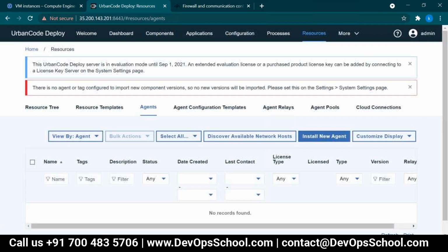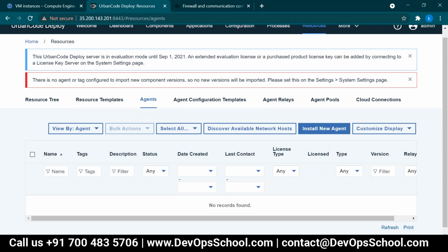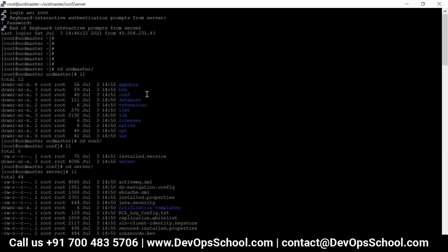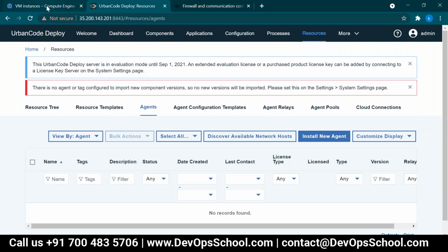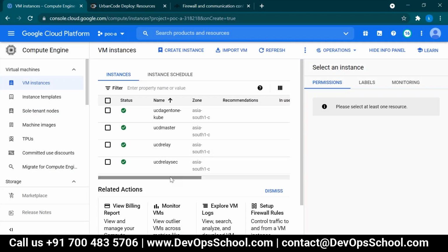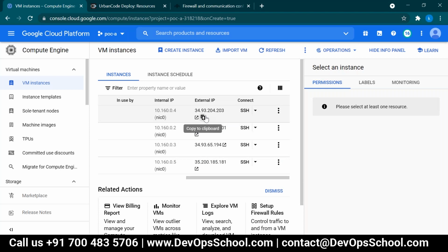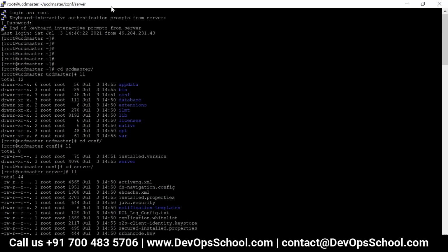Okay, now the agent. Where is the agent server? Agent server, agent server. How to connect, right? Session.